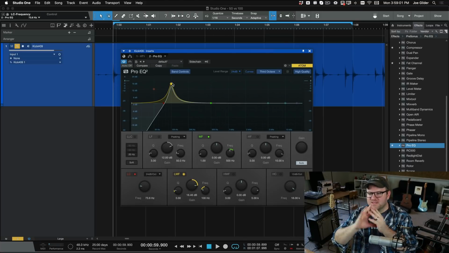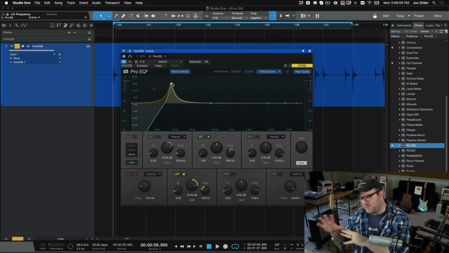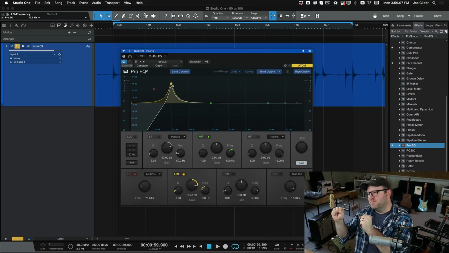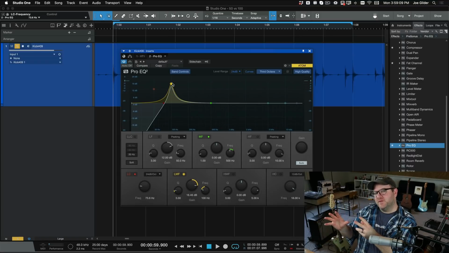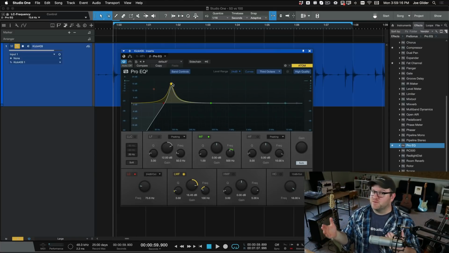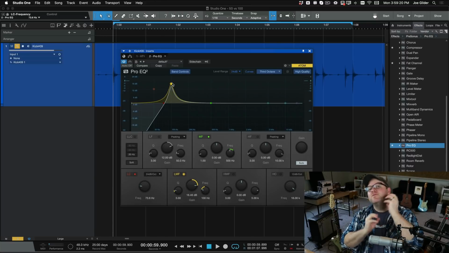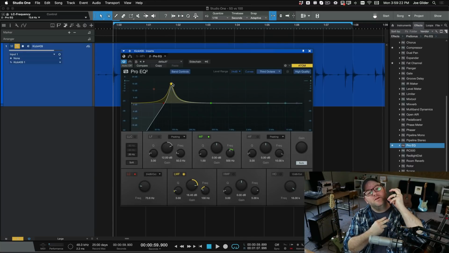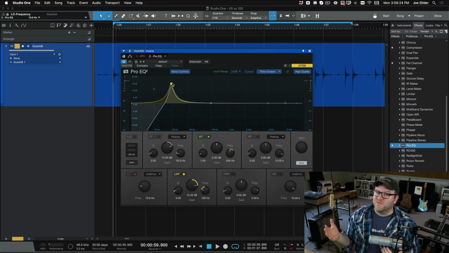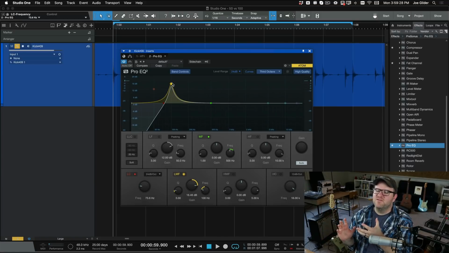The same is true for the mid-range and the high end, but I feel the low end is probably where we tend to make the biggest mistakes, saying, give me a boost at 50 or 100, no big deal. There's a big deal. That's a whole octave difference. My throat had to do different things to go from down here to up here. That's a big difference in frequencies. So to lump them into one category is folly.